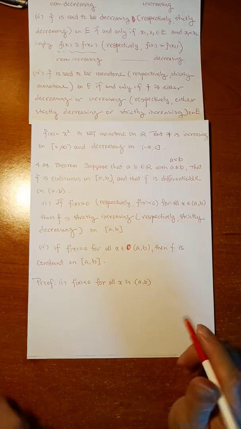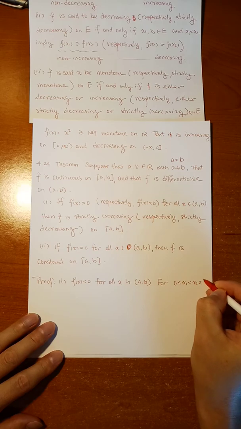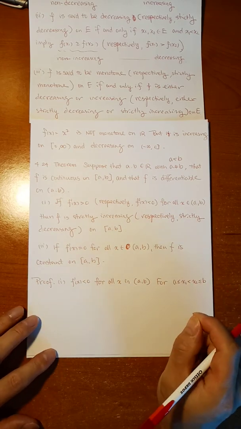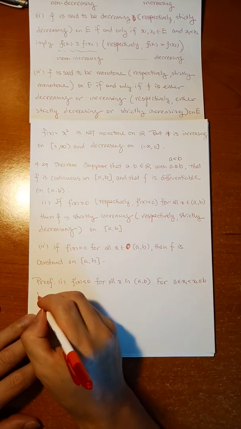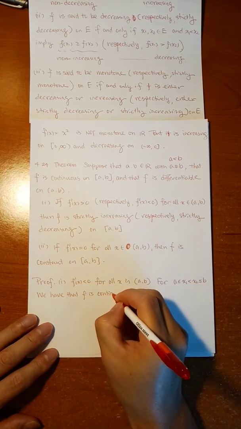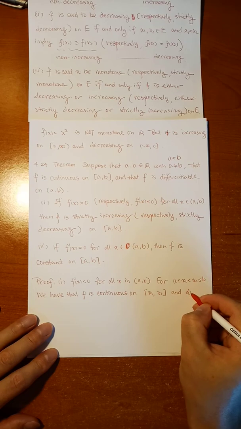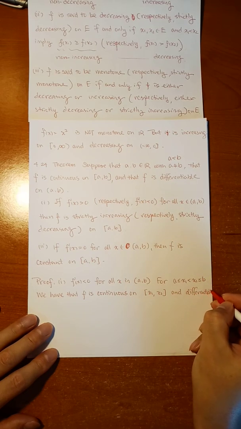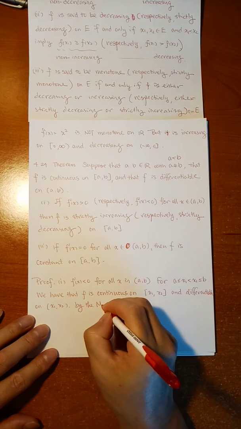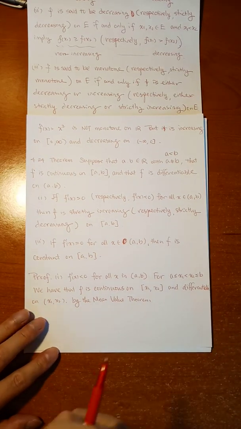For any a less than or equal to x1 less than x2 less than or equal to b, for any two points x1, x2 in the closed interval [a, b], we have that f is continuous on the closed interval [x1, x2] and differentiable on the open interval (x1, x2). Then by the mean value theorem, for just one function,